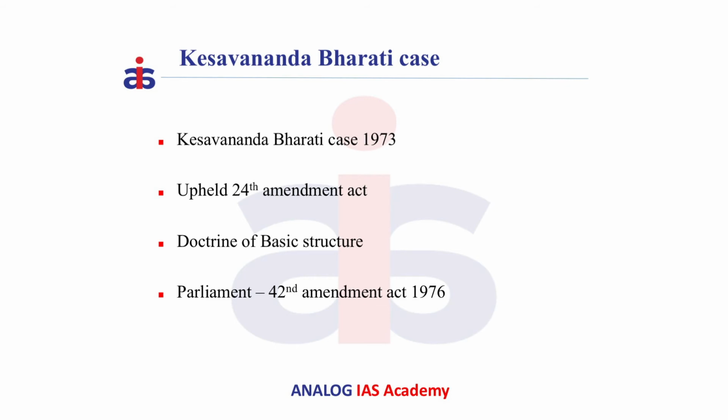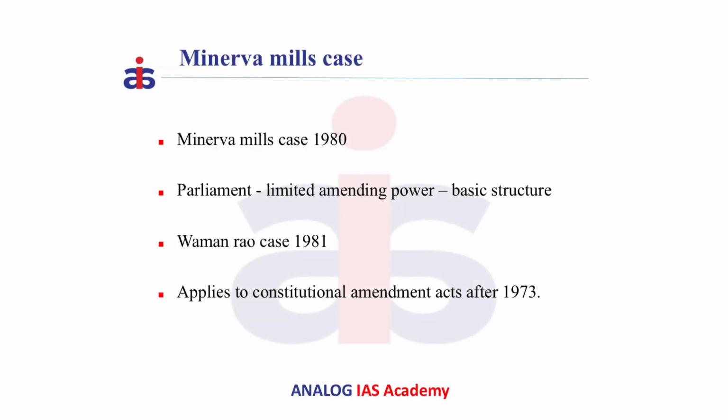Again, Parliament passed 42nd Amendment Act 1976. This act amended Article 368 and also declared that there is no limitation on constituent power of Parliament, and no amendment can be questioned in any court on any ground, including that of contravention of any of the fundamental rights. But the Supreme Court in Minerva Mills case 1980 invalidated this provision as it excluded judicial review, which is a